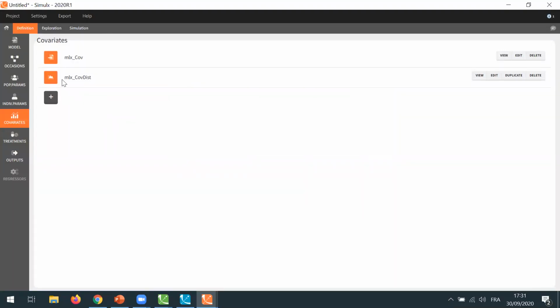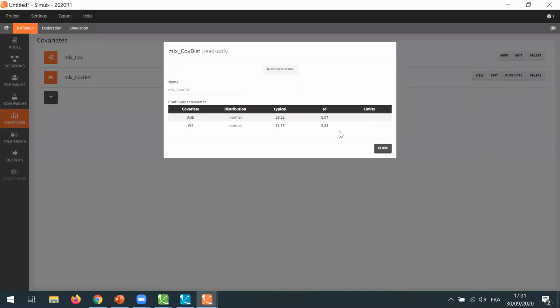And I can also choose MLXCOV-dist, which are distribution laws. So if I click here to view this distribution, they are derived from the values in the initial data set, but they could allow me to draw new values for age and weight for my simulation with a similar distribution to the initial data set.